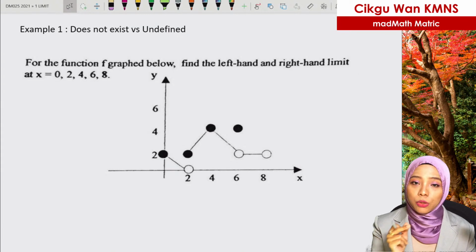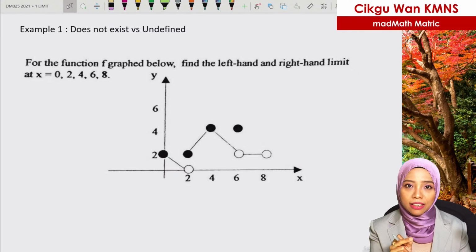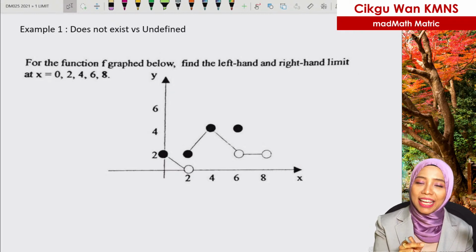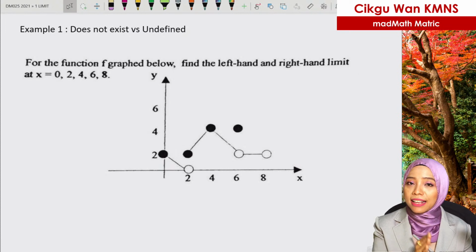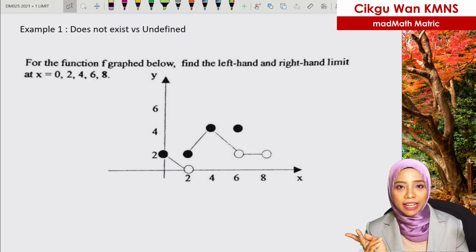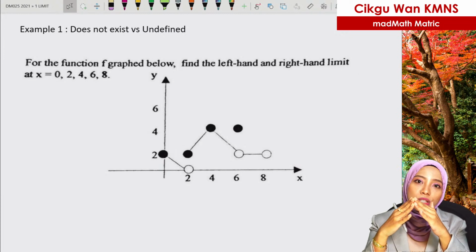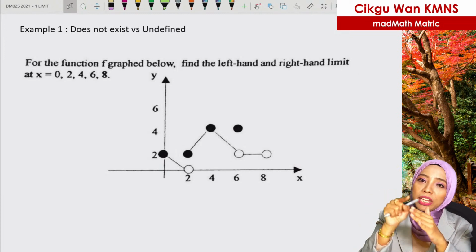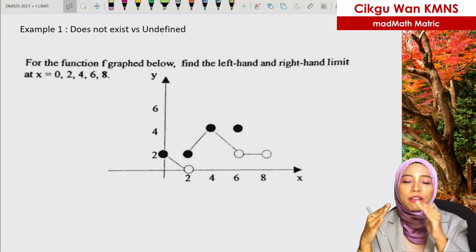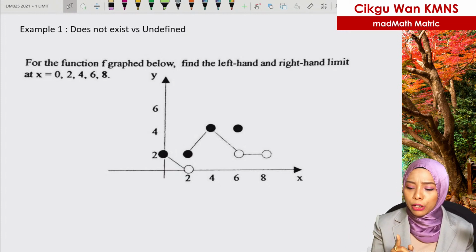So, I repeat again. What does it mean by limit does not exist? The limit does not exist when the limit as x approaches a from the left is not equal to the limit as x approaches a from the right. So from the left and from the right must meet at one value. We don't care about that particular value in the middle, but from the right and from the left must be equal. That's why I think this example is very crucial for you, so please give extra attention.